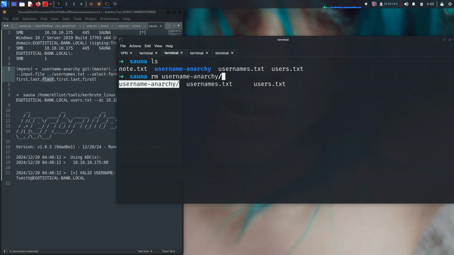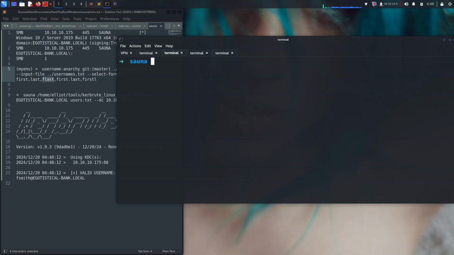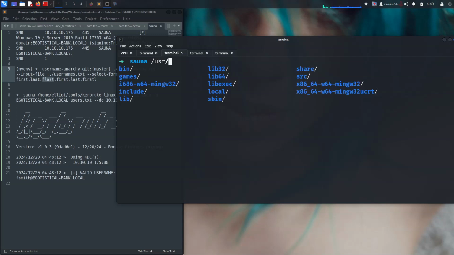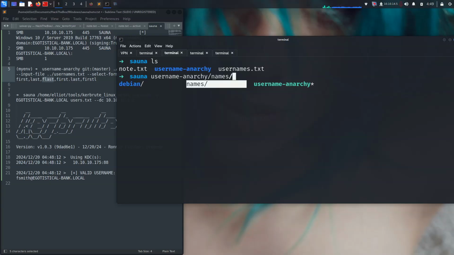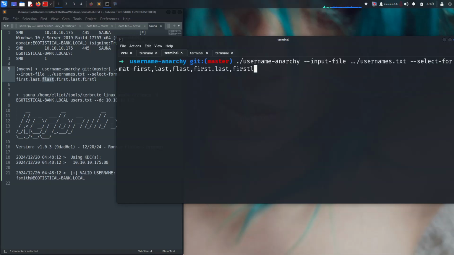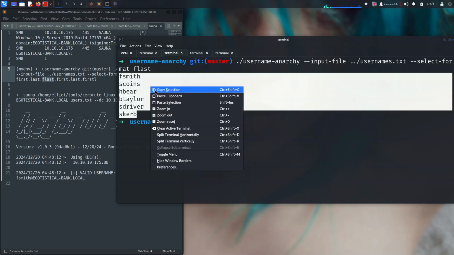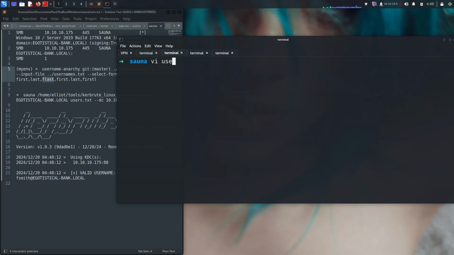So I think we can go here, remove users.txt, and then go for Username Anarchy. Okay, let's go here. Okay, just change it here with f list. Okay, so it's going to be the username list. Okay, users.txt, and then let's save it. All right, so we have the username list right now, and then directly we can go for